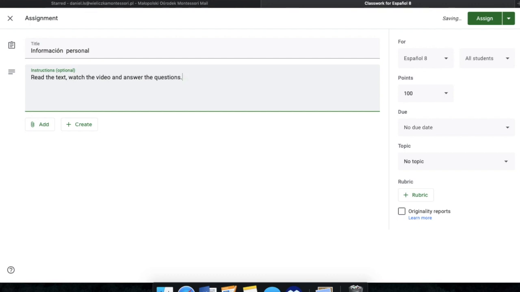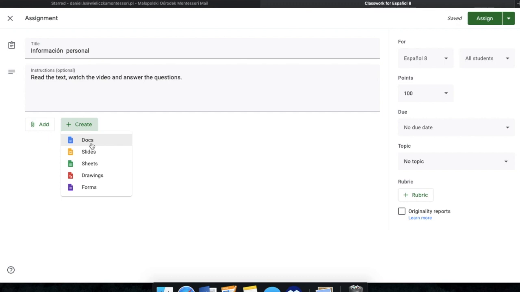Then I have different options, and this is amazing because we are free to create different things and to provide different types of input and material. So for example, if I go into create, I can create Google Docs. So I can create a document, like a Word document, giving some information or a task, or if I already created